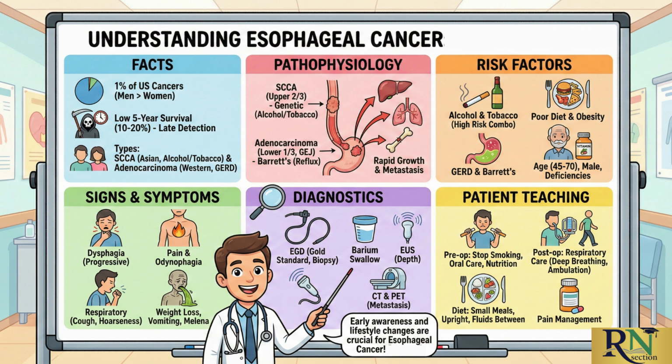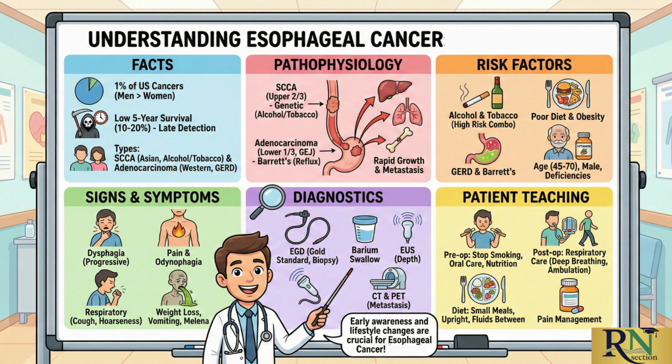We have respiratory issues: chronic cough, hoarseness, and hemoptysis, coughing up blood. Systemic and other: weight loss, anorexia, vomiting, melena, which is black tarry stools, and hiccups, often with dysphagia. Hypercalcemia may develop due to bone metastasis or tumor production of parathyroid hormone related protein. The diagnostics: